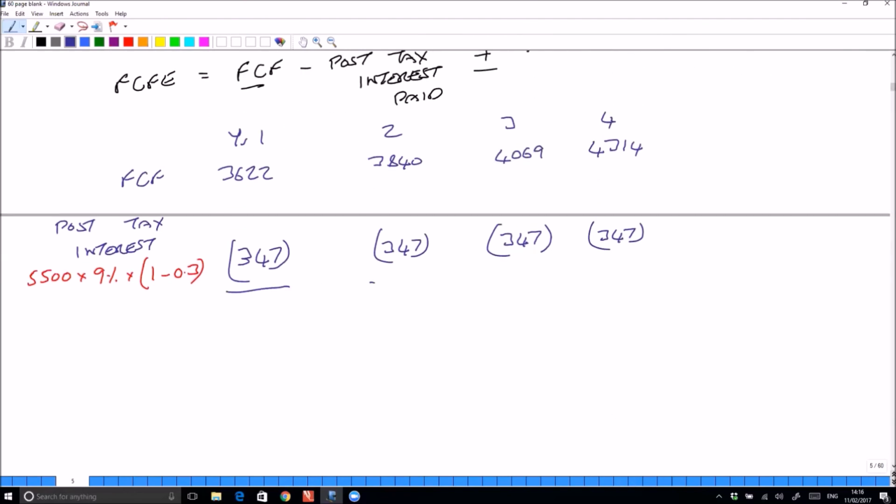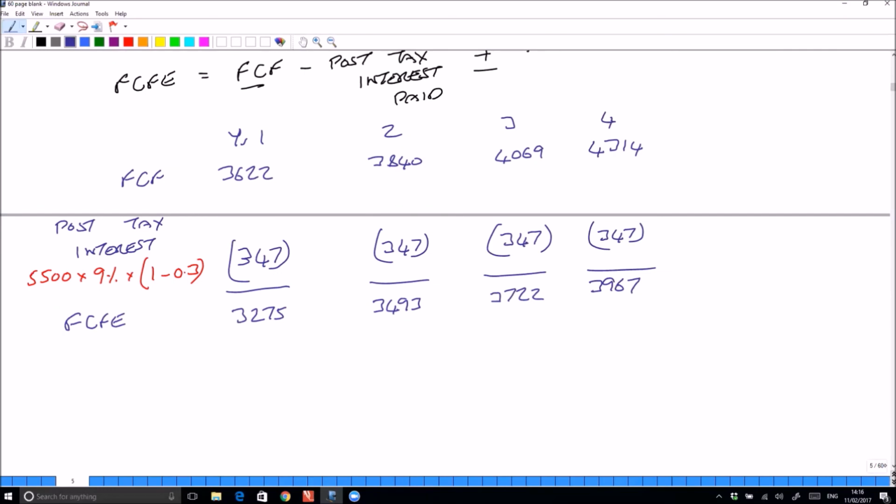What do we get, therefore, as our free cash flows to equity? Well, what did I get? And I got 3275, 3493, 3722, and 3967. Good. So those are our free cash flows to equity, and so we discount those at the cost